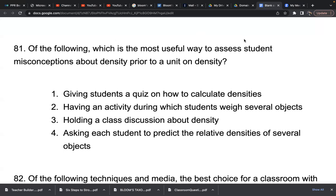Assess. We're doing an assessment. Remember, when we say assess, we want to measure or check. What does misconception mean? It's something that they have a belief about, but it's not necessarily true. Right. So it's a misunderstanding. And we're trying to measure our students'